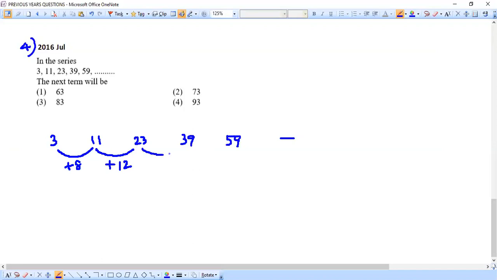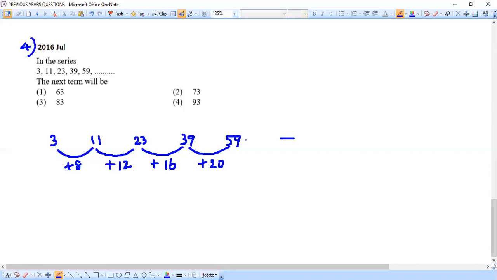Let's continue. And here again, how much to be added? So here we need to add 9 minus 3, that will be 6, and 3 minus 2 will be 1. So that means we need to add 16. Very simple. So here the numbers are not troubling very much. So it's making our task very easy. Anyways, we'll continue. 39 to 59. This is very easy to say. Plus 20 they have done.